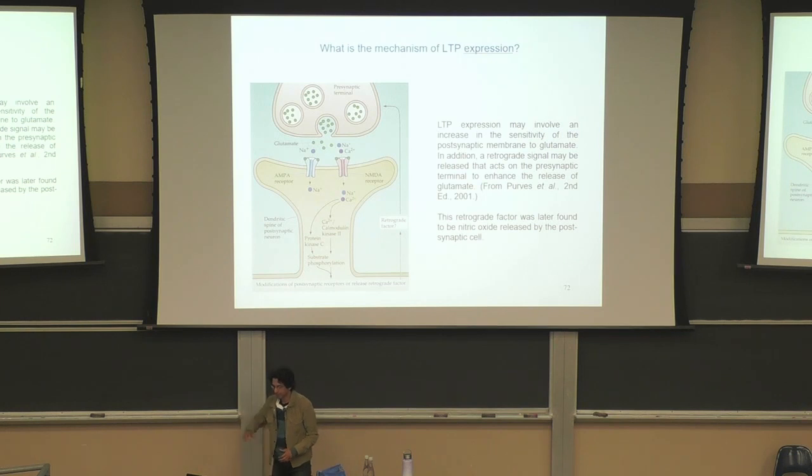And here we have some details showing the mechanism of expression of LTP. So we have an influx of calcium through the NMDA receptor, and that activates various pathways, which will eventually lead to the production of new genes, which is something we'll see in the next slides. And then here we have that